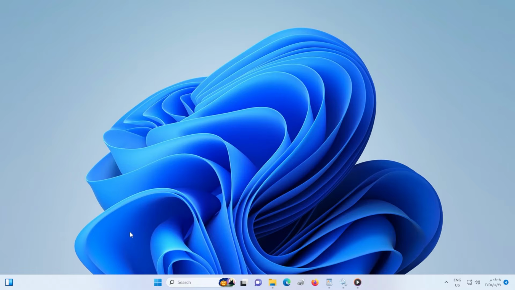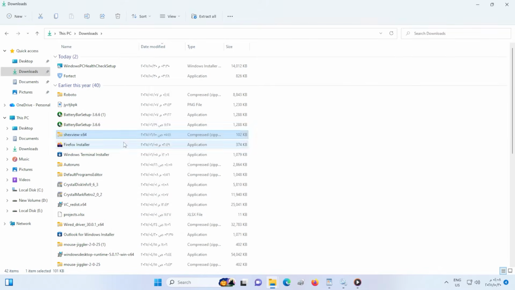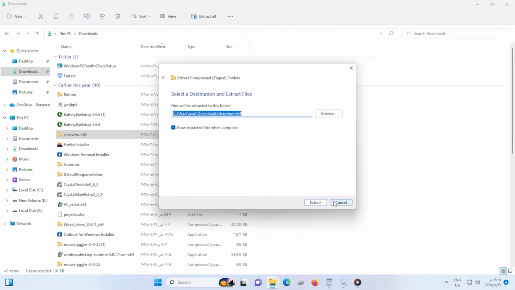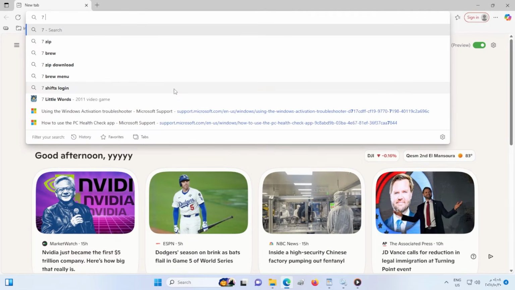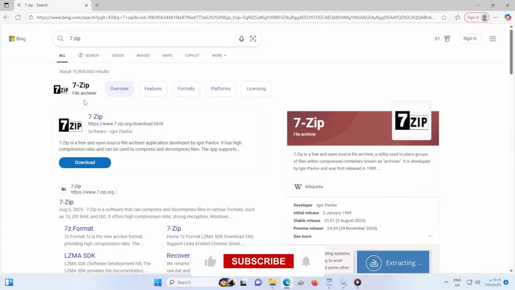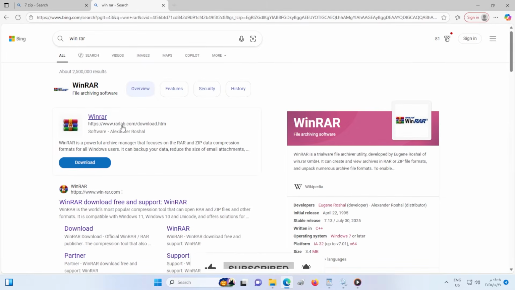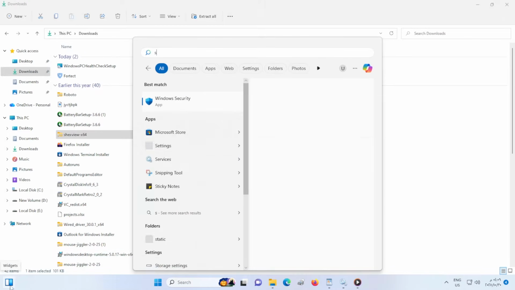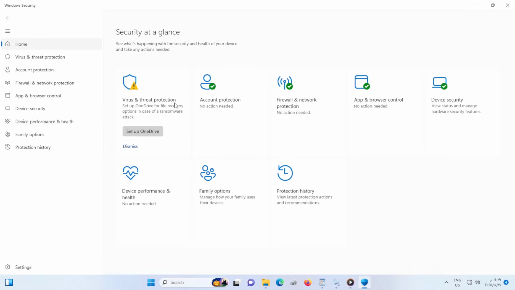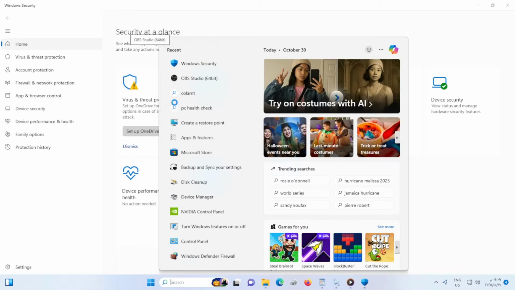First, if this happens while extracting a zip or RAR file, that's easy to fix. Right-click the compressed file and choose Extract All. Then select a simple location like your desktop. If you still get the same error, try using another tool like 7-Zip or WinRAR, and make sure your antivirus isn't blocking the file. Some antivirus programs block archives with certain scripts or permissions, so temporarily disable real-time protection and try again. If you are seeing this error when trying to install or update Windows, the issue is likely with